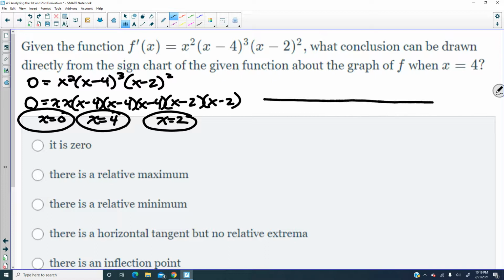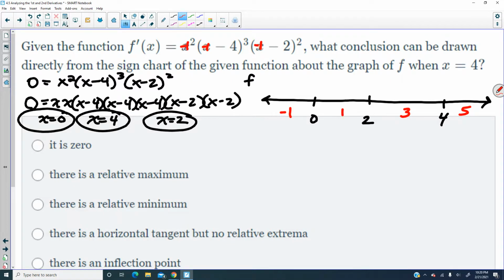Let's make a sign chart. 0, 2, 4. Okay, so let's make a sign chart with f prime. And let's substitute in -1, 1, 3, and even 5. All right, so if I substitute in -1 here,